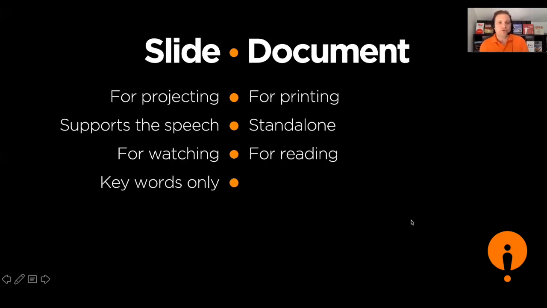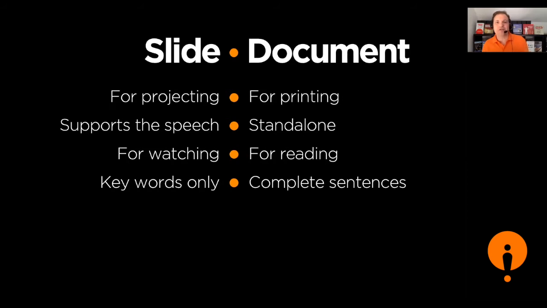When it comes to a slide, you really only want to put key words on the slide. Not too many words, otherwise people will read instead of watching. So just a few key words. And you see what I'm doing here. Here I am putting words just at the point when they are necessary, not before. This way you only see exactly what I'm talking about at the point, even if the rest is actually still there. A document, you don't want just keywords, you actually do need complete sentences.